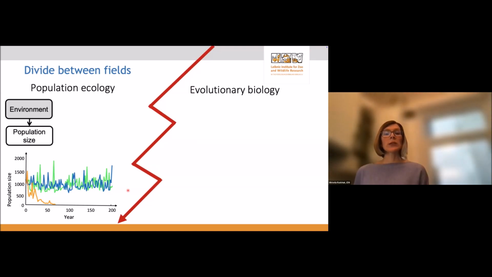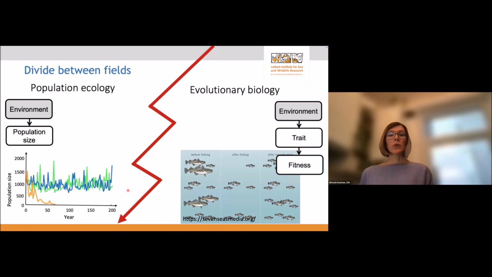So, although both phenotypic traits and population numbers are affected by climate, classically population ecologists focused mainly on how population sizes are affected by changing environments, for example, climate. So the focus of population ecologists was on the effects of environment on population size or on demographic rates, whereas phenotypic traits were not so much of a focus. On the contrary, evolutionary biologists study the effects of environment on traits and the fitness consequences of such trait changes. There is thus a deep divide between these two disciplines.